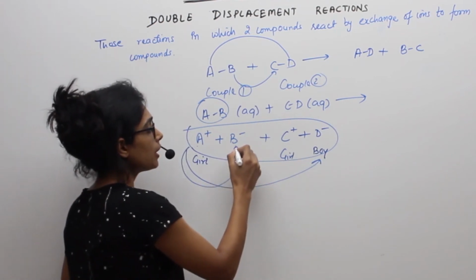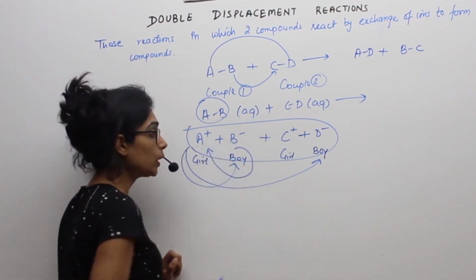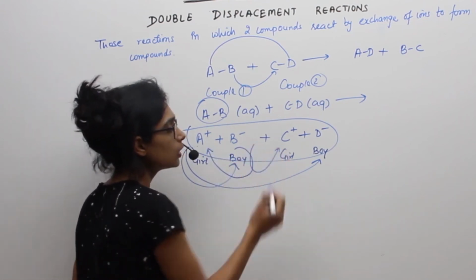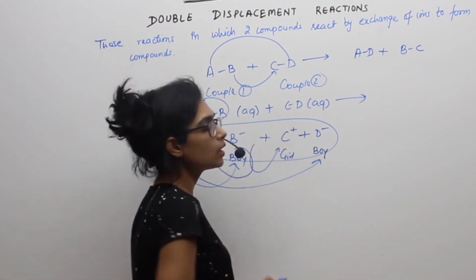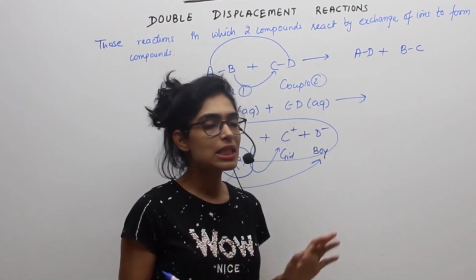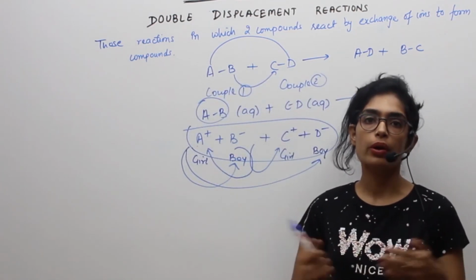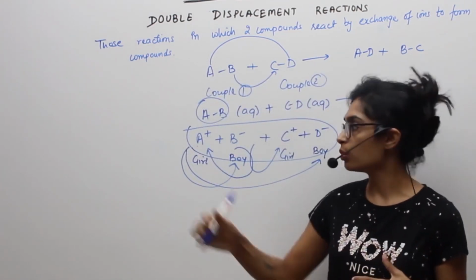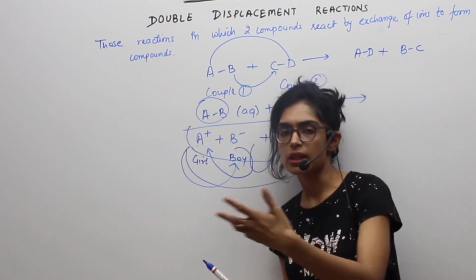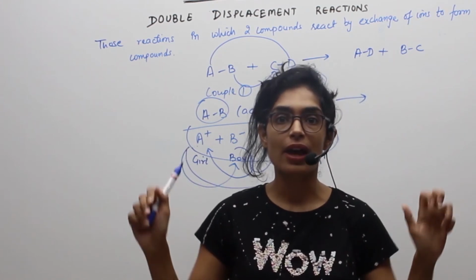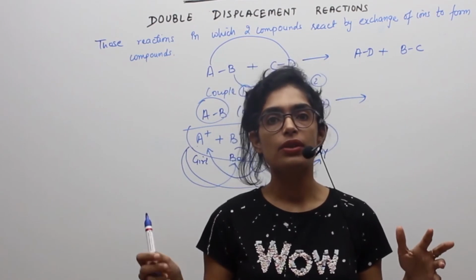Similarly, B could react with his own girl, and B could react with the other girl also. If it is reacting with its own girl, no problem. If it is reacting with C, it may or may not be a problem, till the time they are still dancing. They have not become pairs anymore. They have not bonded right now. They have not changed their pair. So right now they are just dancing individually. They are going dancing with somebody else, but not defined themselves as the new pair of girlfriend boyfriend. So a lot of people are dancing, and after some time,